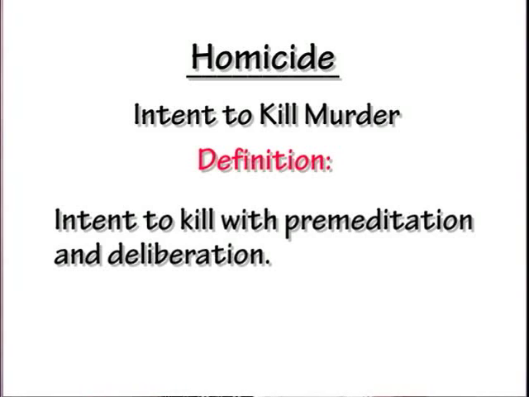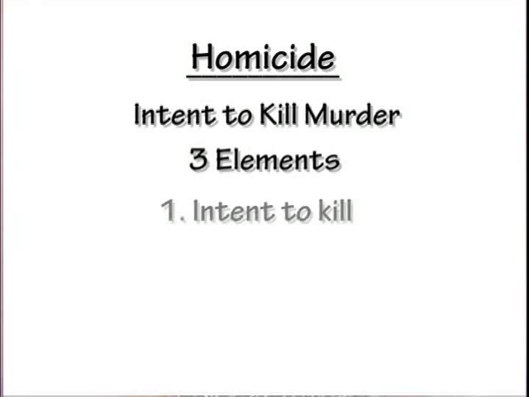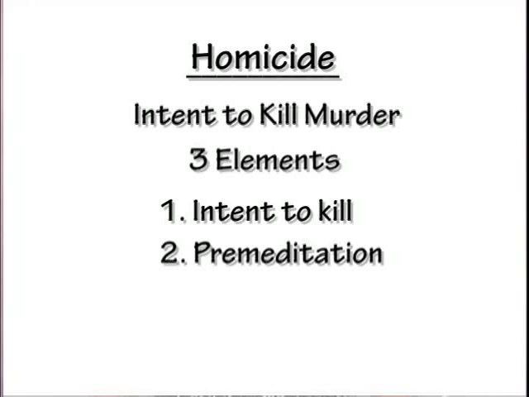So for murder in the first degree for intent to kill, there's basically 3 elements. Let's go over those. Number 1, the intent to actually kill. Number 2, the premeditation, which basically is some thought before the act of killing the person. And number 3, deliberation. Deliberation requires an act that is done in cold blood, meaning that it was not an impulsive act. It was something that they had to slow down and deliberate about actually doing.